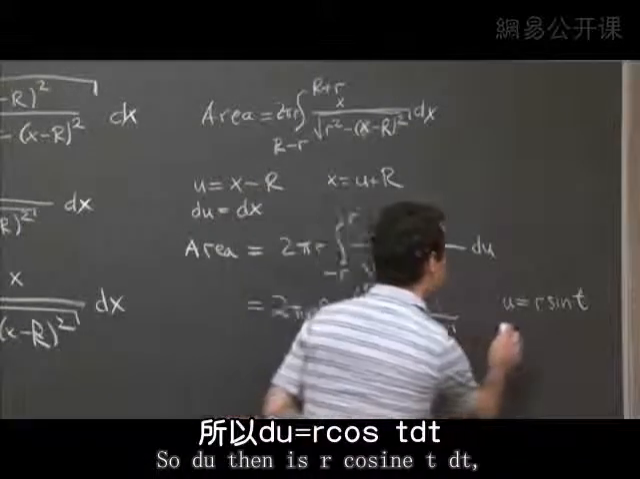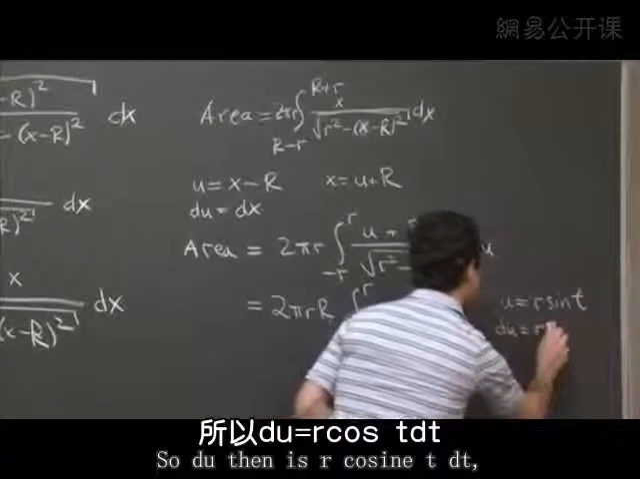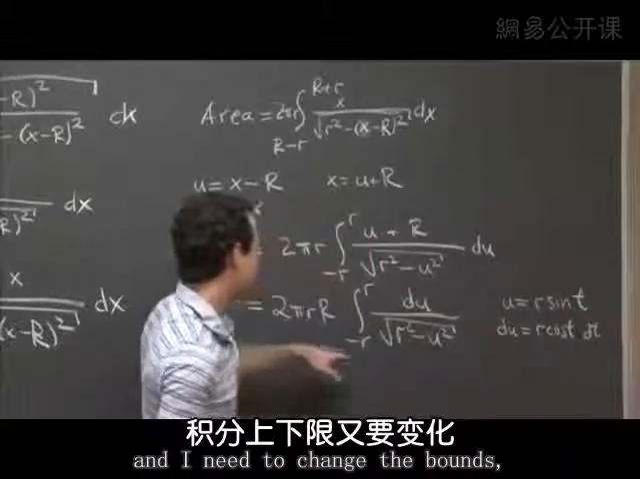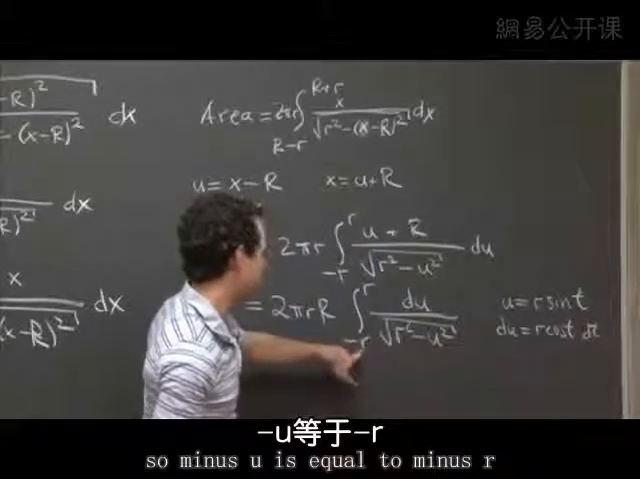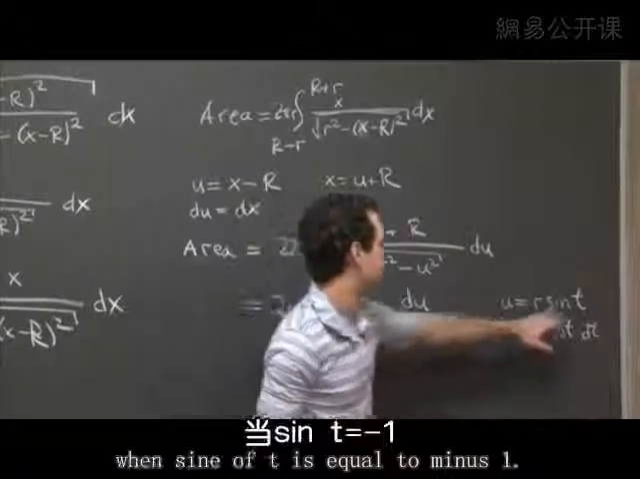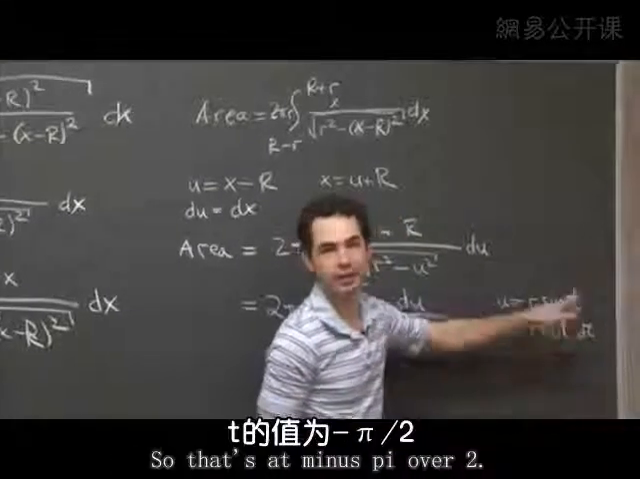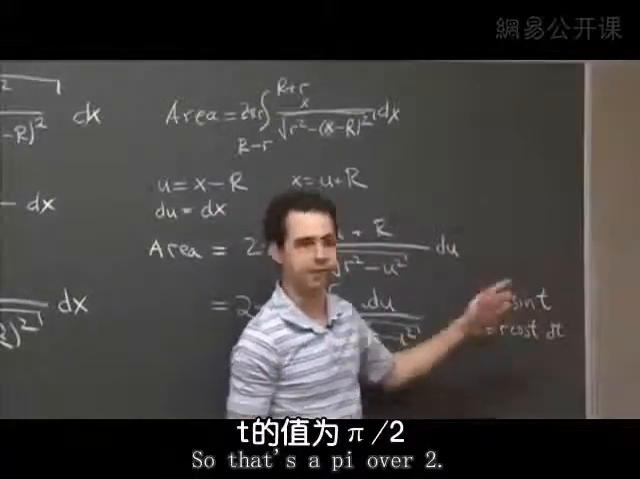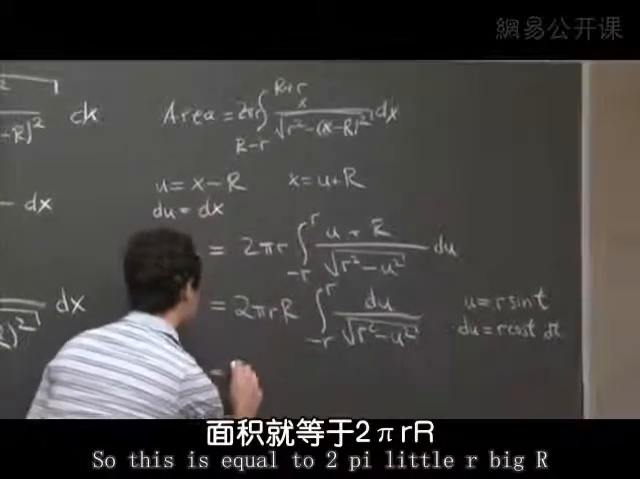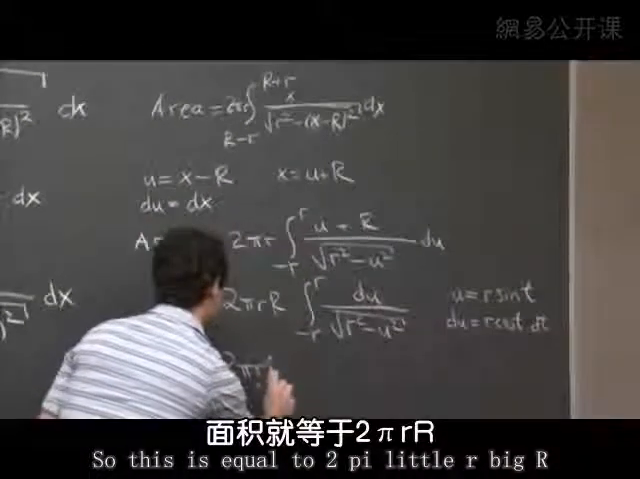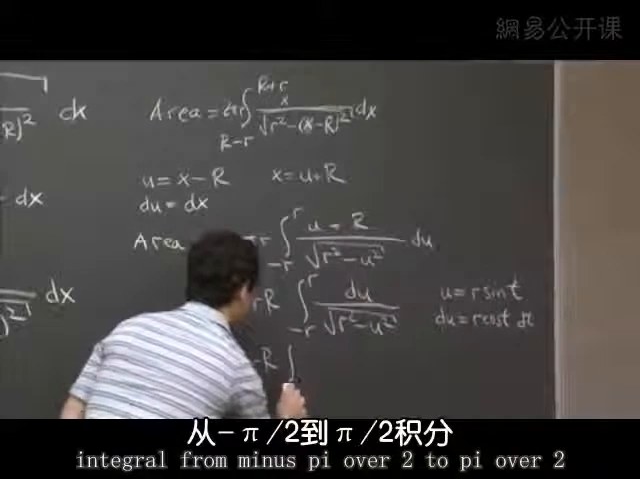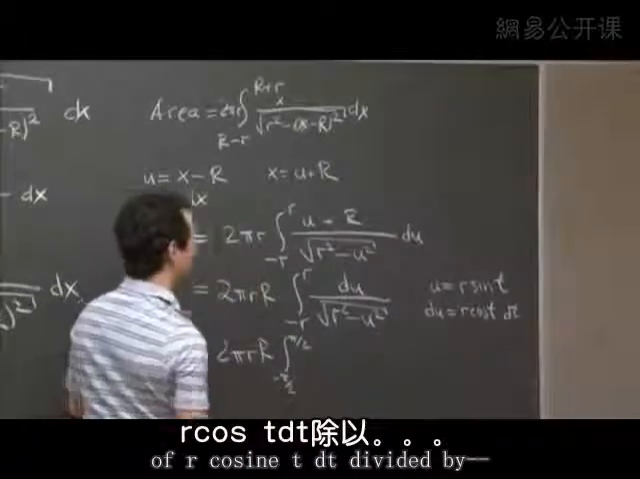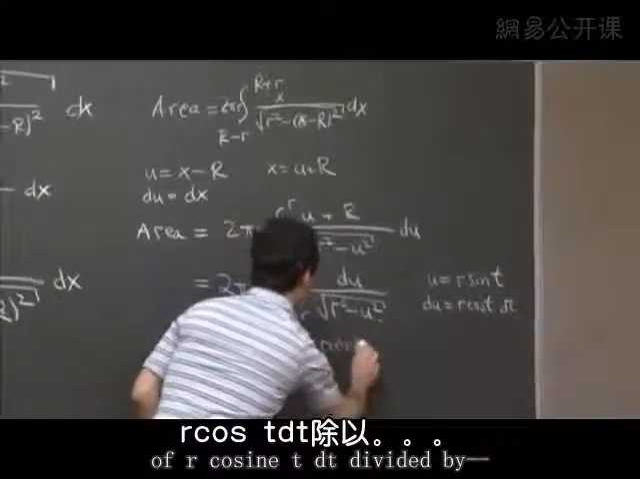So du then is r cosine t dt, and I need to change the bounds. So minus u is equal to minus r when sine of t is equal to minus 1. So that's at minus pi over 2. And u is equal to r when sine of t is equal to 1. So that's at pi over 2. So this is equal to 2 pi little r big R integral from minus pi over 2 to pi over 2 of r cosine t